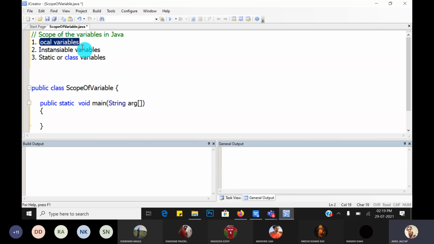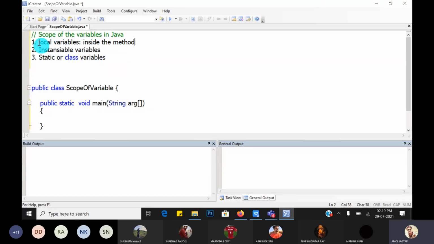So local variables: when any variable we have declared or initialized inside the method. In Java, functions are called methods; this main is also a function. So methods and functions are the same, they are synonyms. So local variables are the variables which are declared or initialized inside the method.